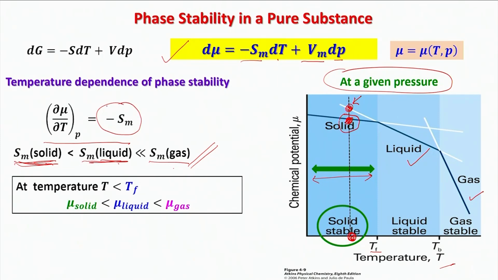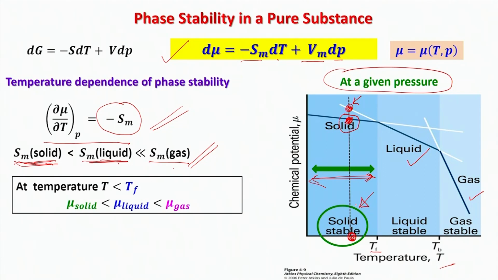Therefore, I understand that this is at the basis of why at this temperature range I have solid as having the lowest chemical potential. And therefore, I conclude that the solid phase is going to be most stable in this range of temperature at